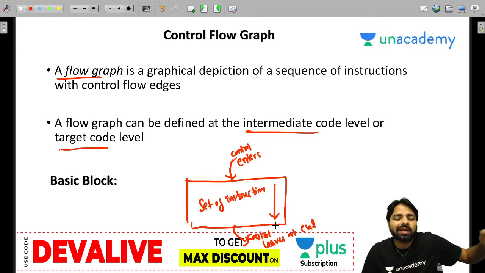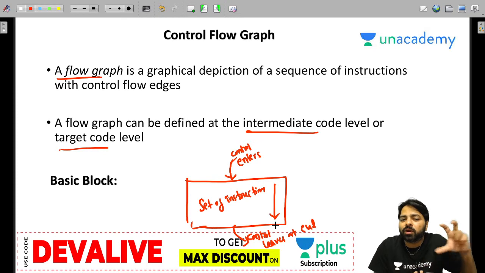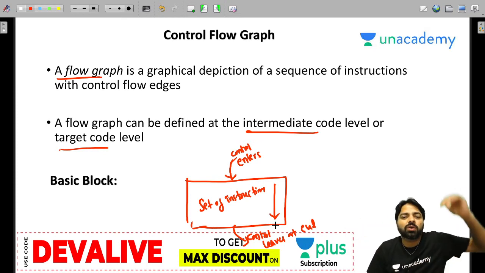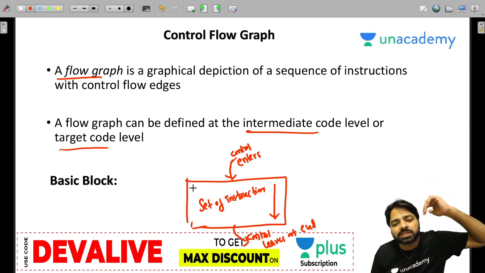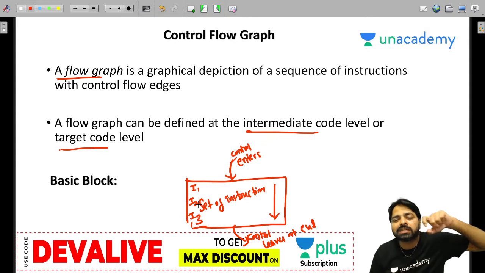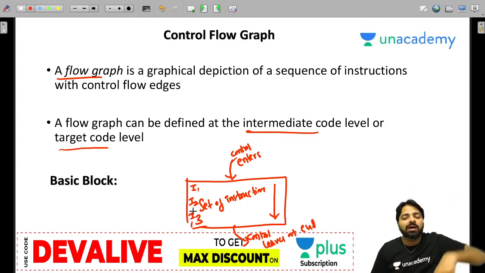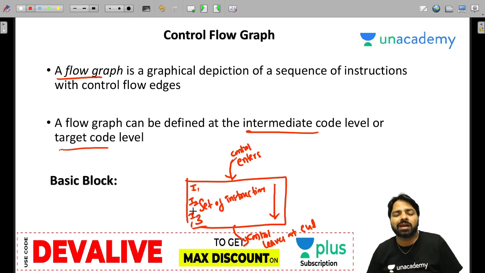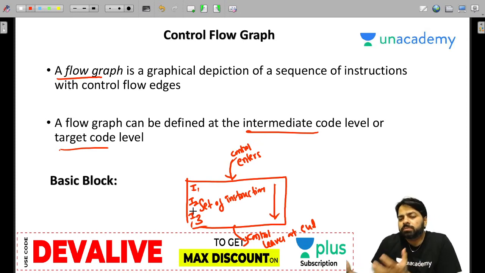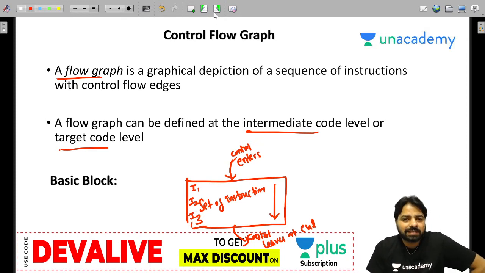So control never enters in the middle of the block and control never leaves from the middle of the block. So control always starts from the first instruction. If you have I1, I2, I3, then it always starts executing from I1, then I2, I3. Basically, the last statement of this basic block could be a jump, or could be the last block. Let's see. When you look at an example, you will understand.